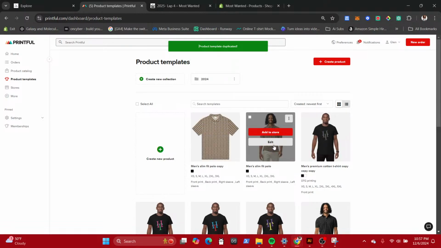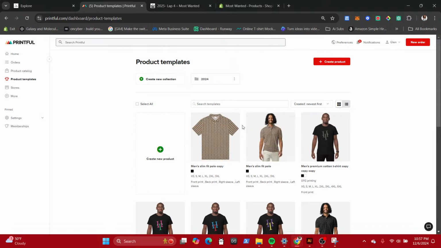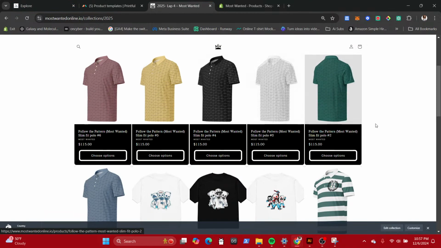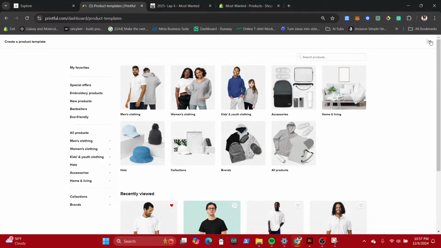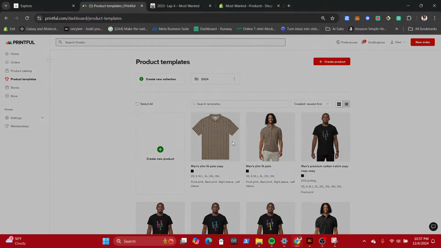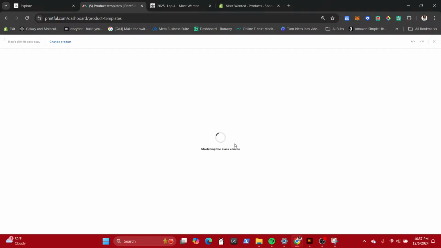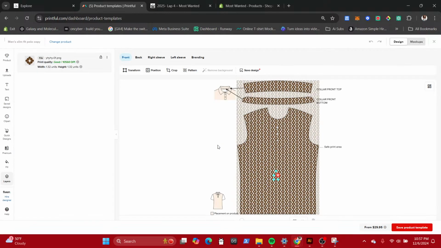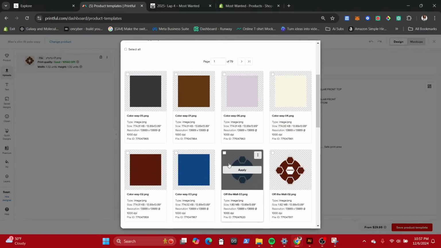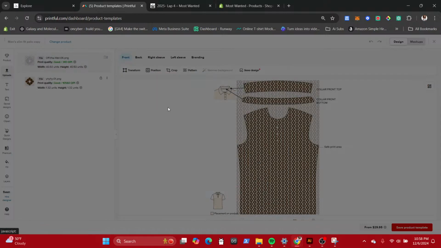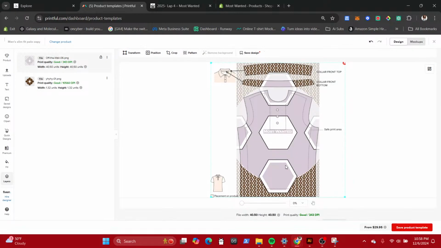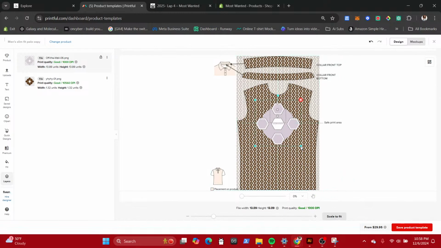I'm actually thinking of just doing a solid color. I might not even use those colorways for the collar, like I did for, let's say, these solid colors. I'm gonna probably just leave it all like that. So let's go back in, edit, just to see how the other patterns work with this. I usually like to start from the beginning. So we did the brown. I like to just go straight into it from there and go one by one.